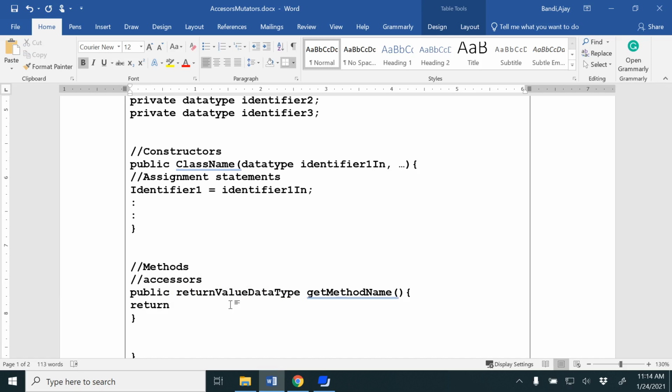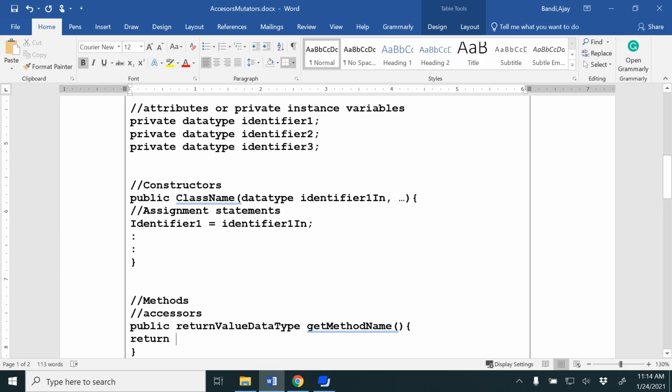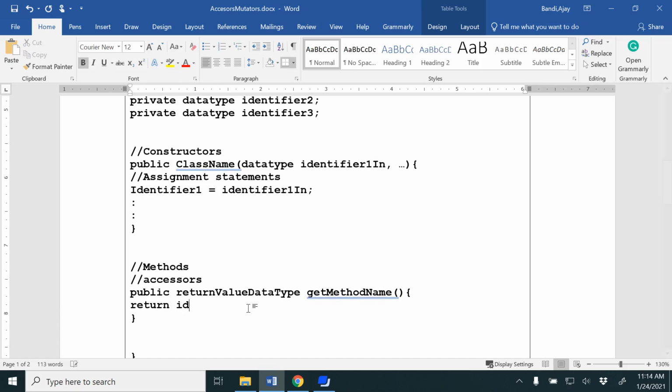And then whatever getter method you are going to write, you would be returning that particular variable, which is identifier 1. Similarly, you can write all the getter methods here. Okay,